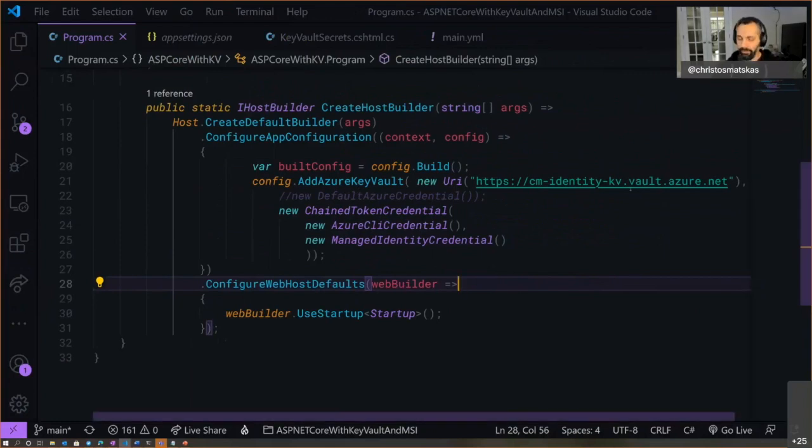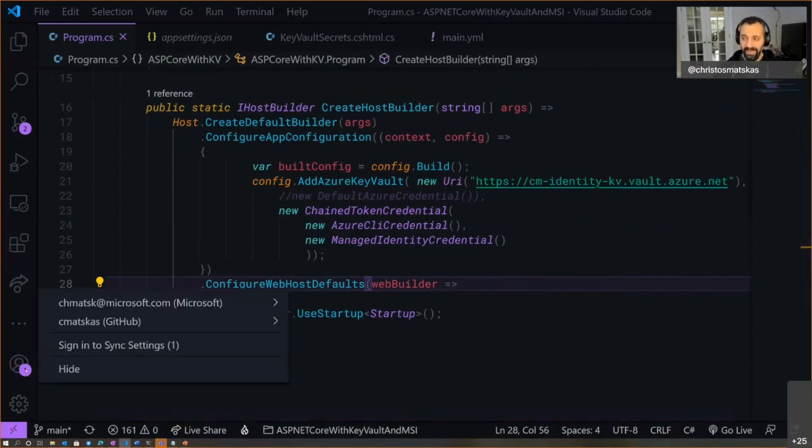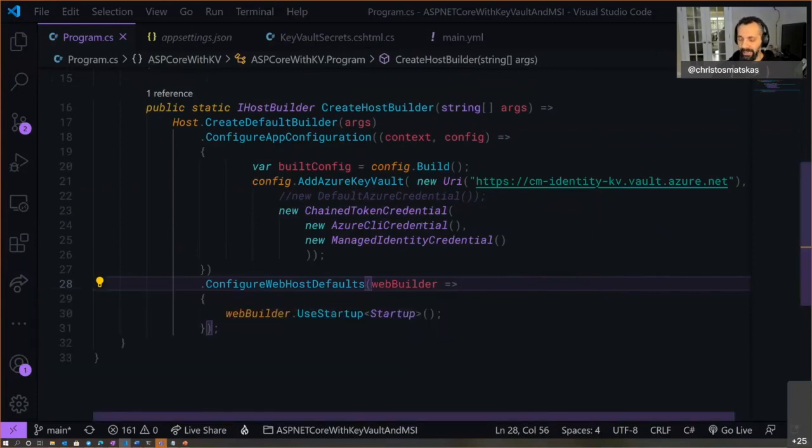Now I'm pointing to my Key Vault, but you notice I don't have any secrets. And what I'm doing down here is using the Azure Identity library to say, well, first I want to try my local credentials, which is my Azure CLI. And that can be anything. It can be your Visual Studio code. So right now you'll notice in my Visual Studio, I'm signed in as my domain account. That domain account, as long as it has access to Key Vault, would also work. So I'm saying I want to use my Azure CLI credentials first. And if it doesn't find anything, I want to go and use my managed identity.